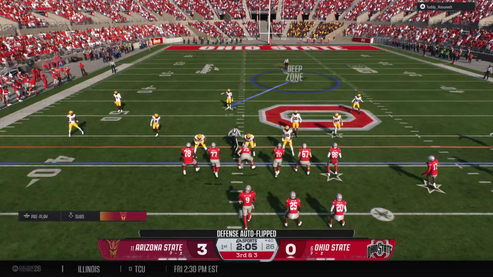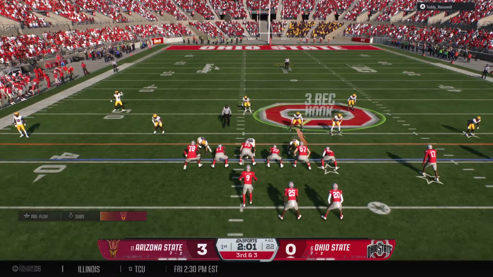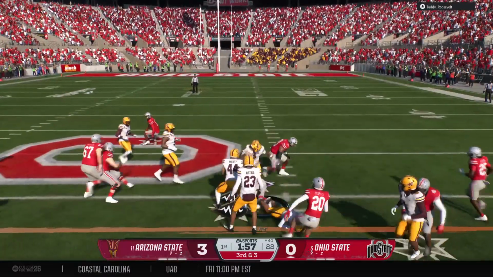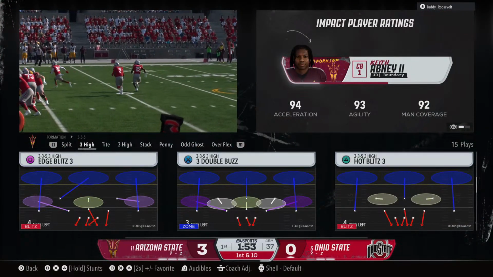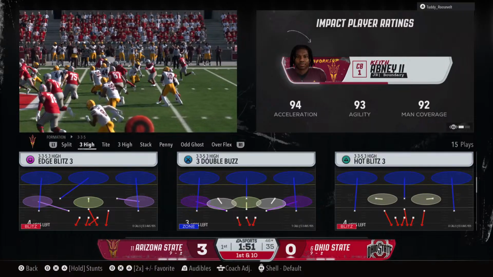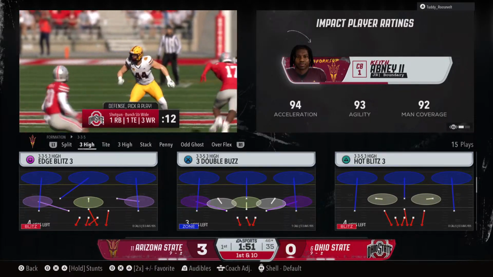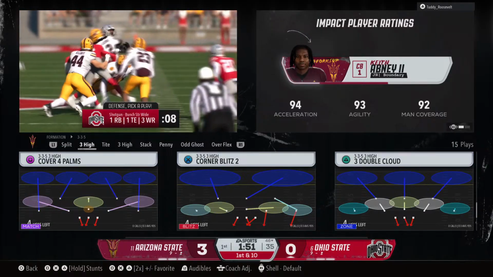The offense now looking at a 3rd and short from their own 40, trying to keep this drive going. It's an option look. And they finally stop him. The quarterback keeper picks up great yardage and a first down. Defense is spread all over the field, do a pretty good job here keeping him out of the end zone, but he gets enough for the first down.